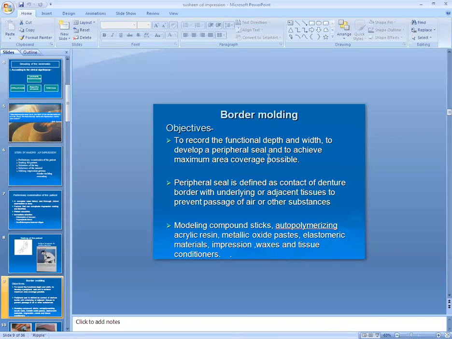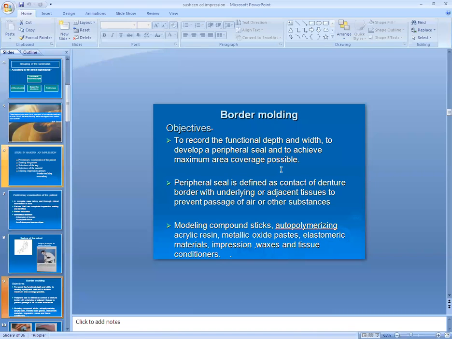So these are the various materials that record the peripheral tracing area, so that we achieve the maximum area coverage. All the borders we have to record within the physiological limit.